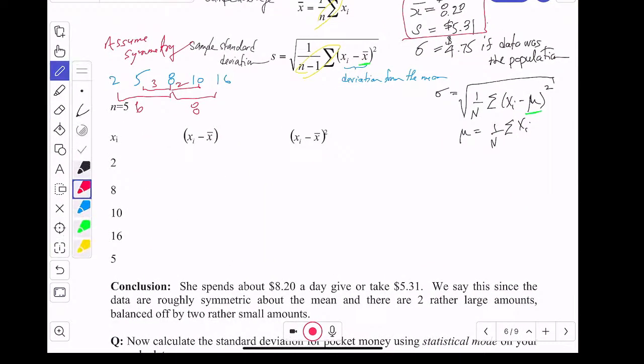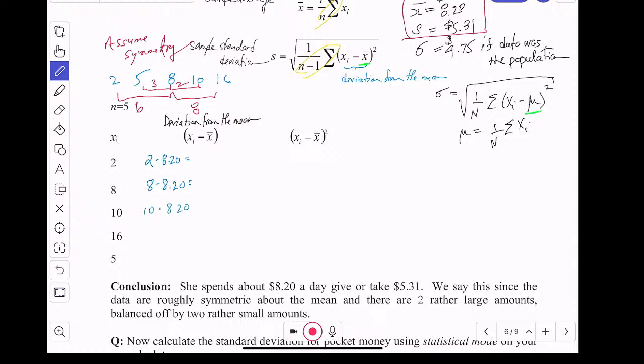So I'm going to calculate the deviations from the mean for each one of these. And what you get